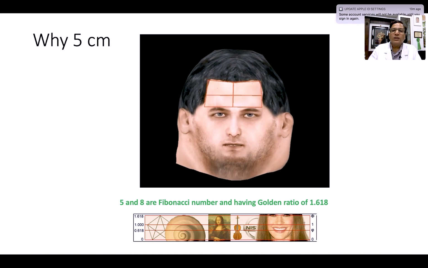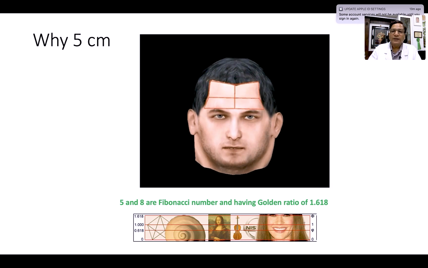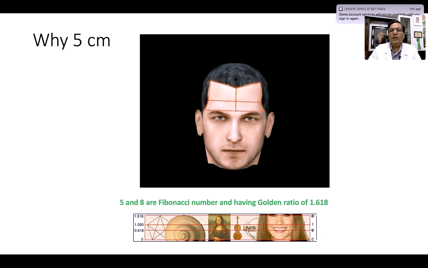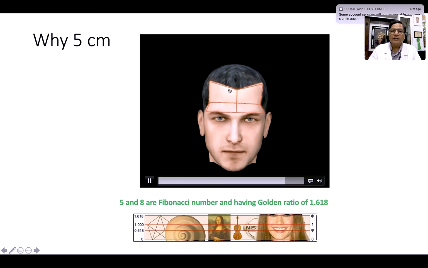So it's more than 50%, and we calculated it comes to around 5 centimeter. That is the reason we took the temporal peak point 5 centimeter from the mid-frontal point, on a line joining the frontotemporal point and